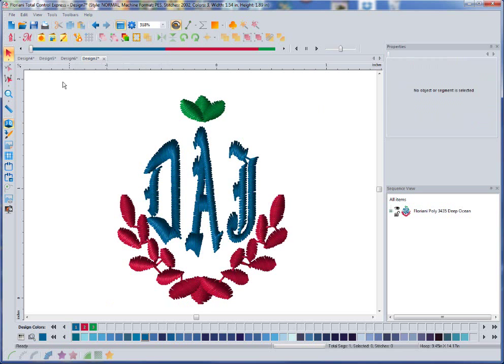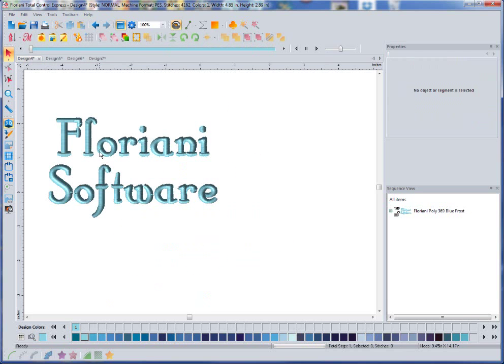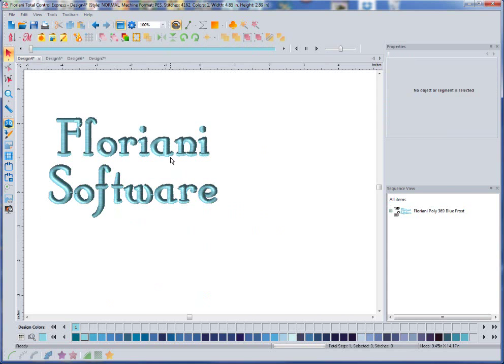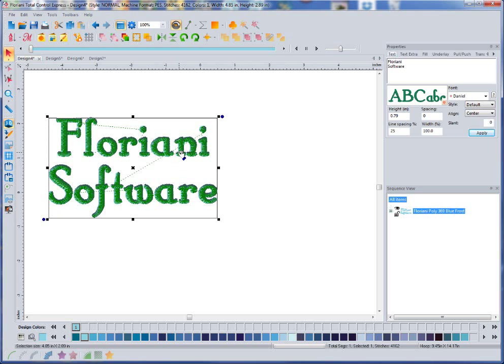I am going to go back to the first one we created that said Floriani Software, because I do want to show you some more of the editing features when working with text. So as kind of stated earlier, if you just go in and select text, if it was deselected, you come back and select it, you'll notice that I don't have any of the control points between letters that allow me to adjust things. And the reason for that is that those will not show up unless you have the text